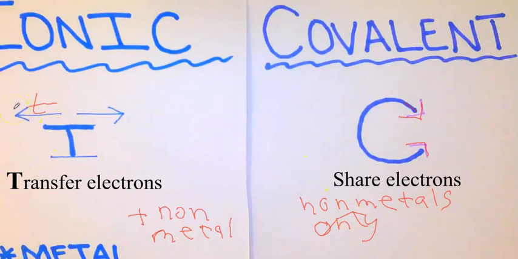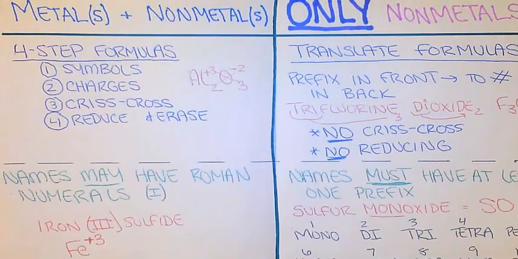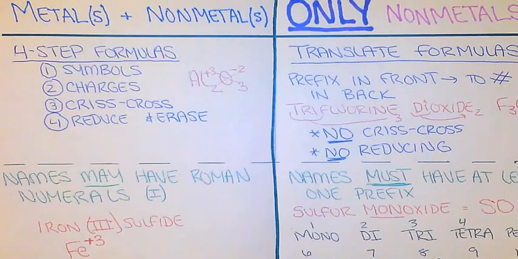Okay. So on the other side, on the inside, on the left, so again, if you made a foldable, if you open up the piece of paper, then you're going to write the description of first the ionic. So on the left side of your paper, this just gives you some of your naming rules in a summary. It says, okay, so our ionic compounds are metals plus nonmetals, and we do our formulas for the ionic compounds using our 4-step formula. Step 1 is our symbols. You can see that here, right? We're going to do our symbols. So if, for example, we were formula writing,